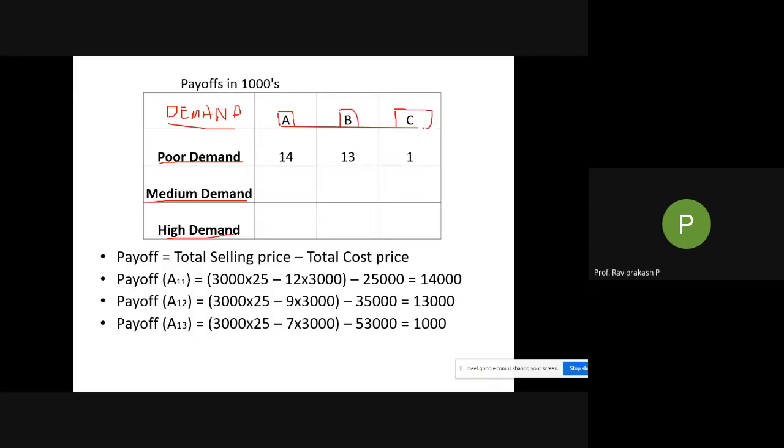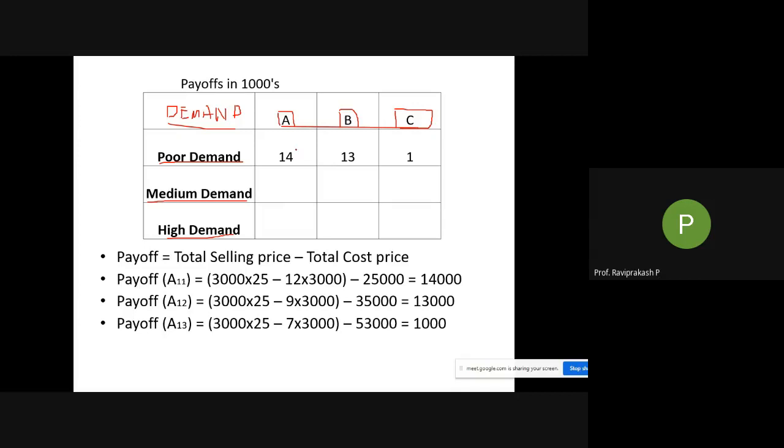So always remember the demand or the different categories what we tell. So here in terms of demand, the three categories are poor, medium, and high. This should be in vertical. Okay, so in horizontal, it is the products. You can switch also, not an issue, but don't get confused. Usually make an arrangement where you are putting one thing in horizontal or vertical and the other on the opposite side. So here we are taking demand: poor demand, medium demand, and high demand. And here A, B, C are the products.